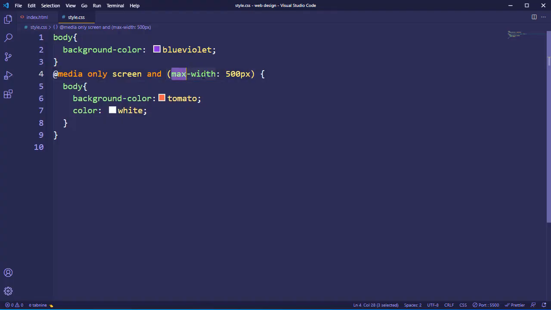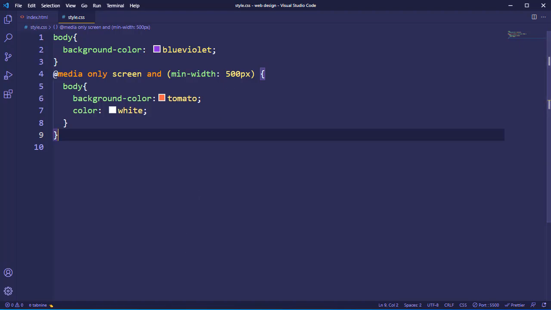Okay, so whenever you say max-width, it means this CSS will only be applied up to this maximum width. If the width is more than this, the CSS will not be applied to those elements. Now let's see the min-width. Min-width is the reverse of the max-width. So if I just go and change it to min-width, it means that our device width should be a minimum of 500 pixel, or you can say this CSS will only apply when the browser width is more than 500 pixel.